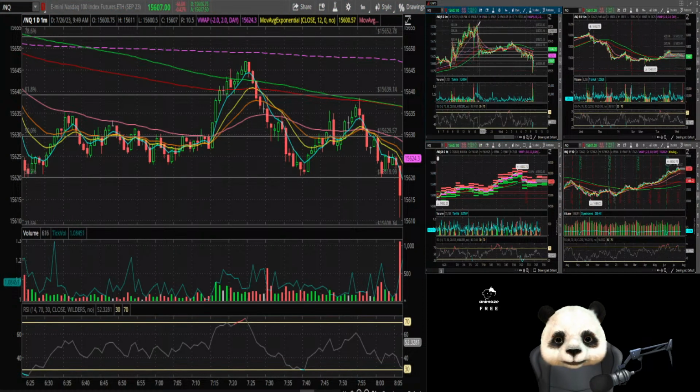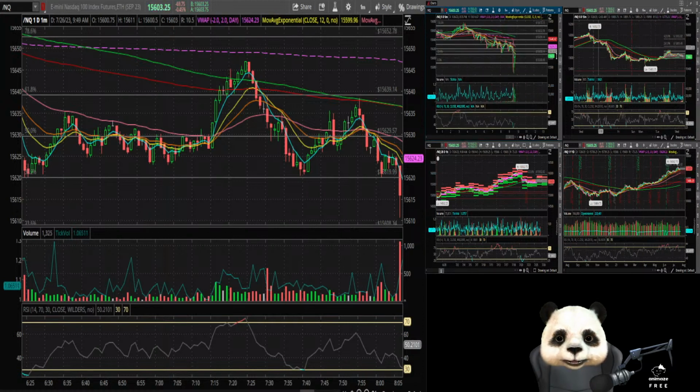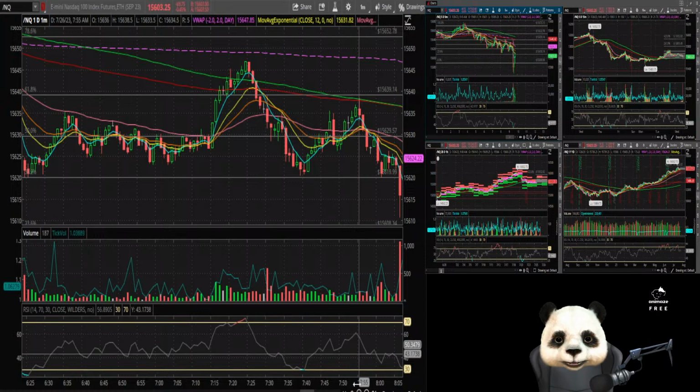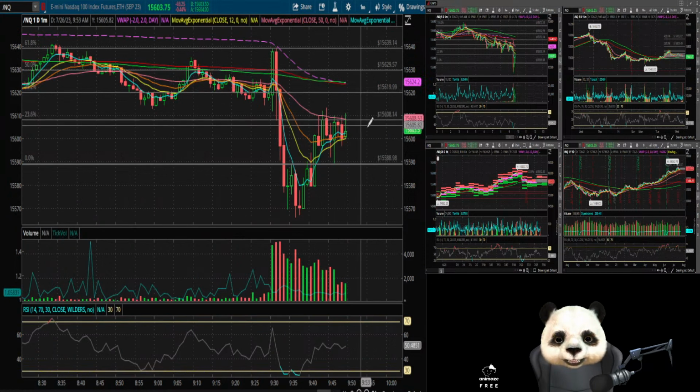Definitely getting some dip. It's crazy how we completely took those highs, and then market open at 6 p.m. Eastern time yesterday, reopen, it just took back all of those gains and now we're dumping more. We dumped below that pre-market low, it looks like. No, not quite. That pre-market low was 15,550. Didn't quite hit that. We'll see if we can do that today. Looks like we might get some rejection off of here and downside.